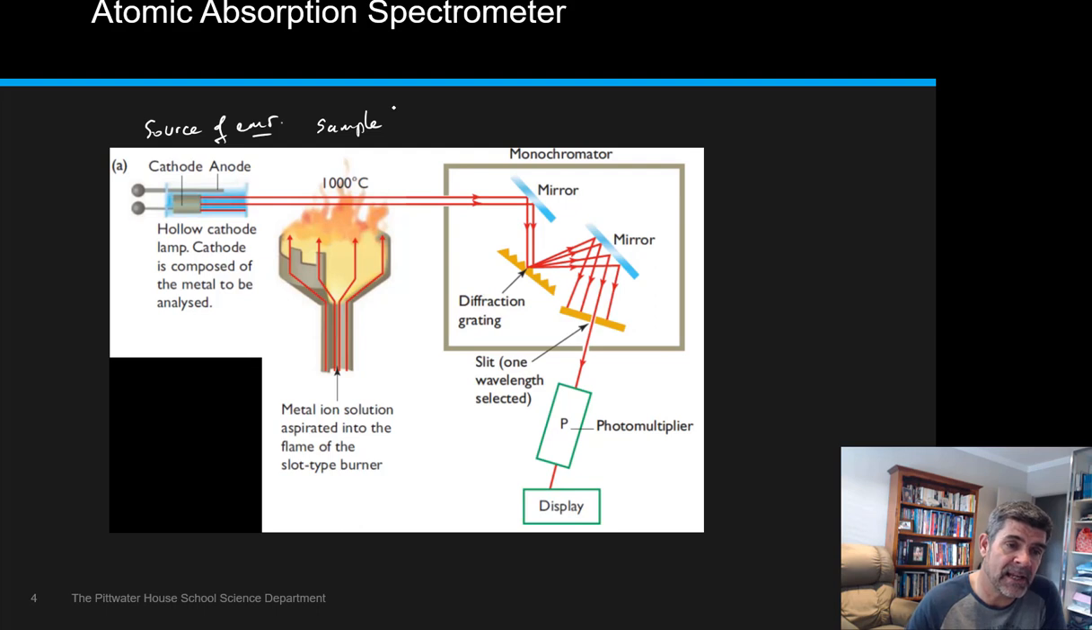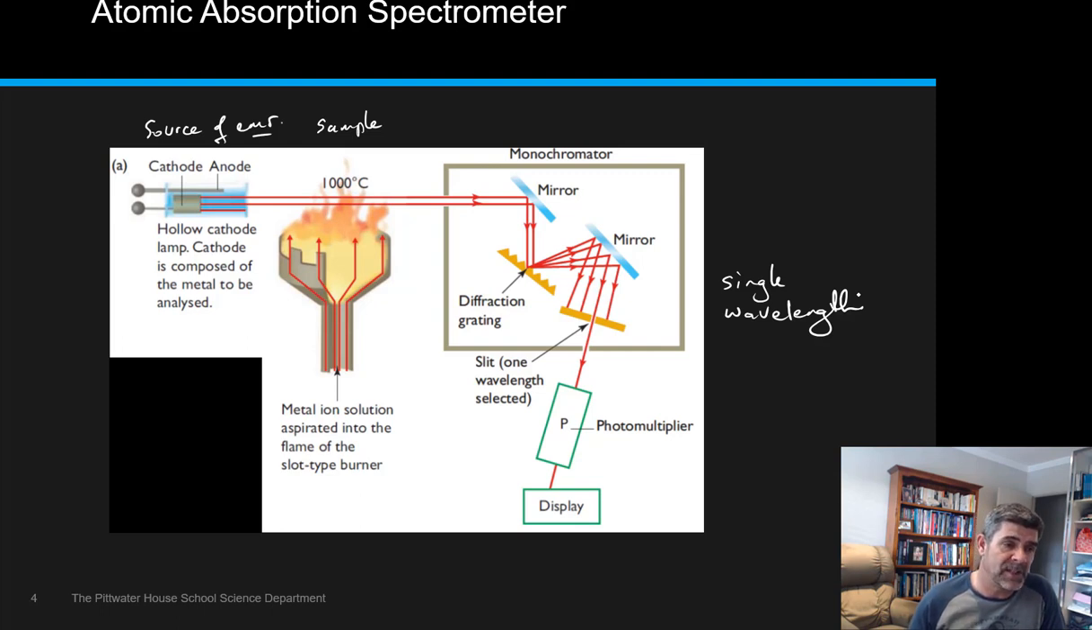What will happen is then they will pass through a monochromator, and the monochromator is basically trying to extract just a single wavelength. That will then go into a photomultiplier, just to amplify the signal, and then we get it as a display. The important thing about atomic absorption spectroscopy is that